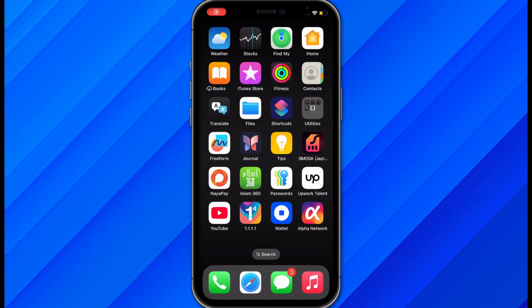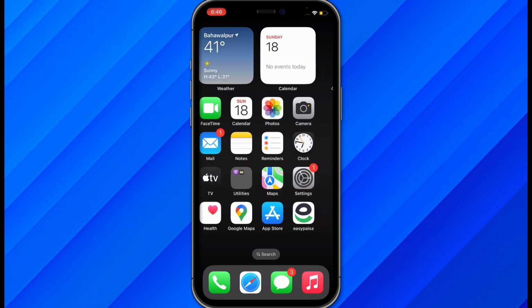Hi guys, in this video I'll show you how to install Breezy movie app on your iPhone. So make sure to follow this step-by-step process, and at the end of the video you will be able to do it. So the first thing is just go to the App Store of your mobile phone, and from here